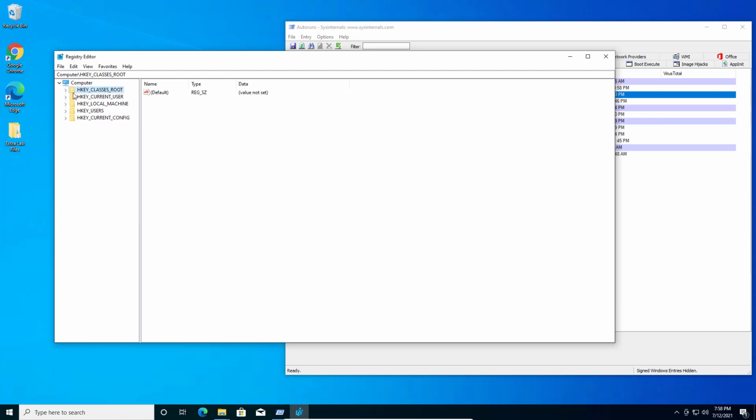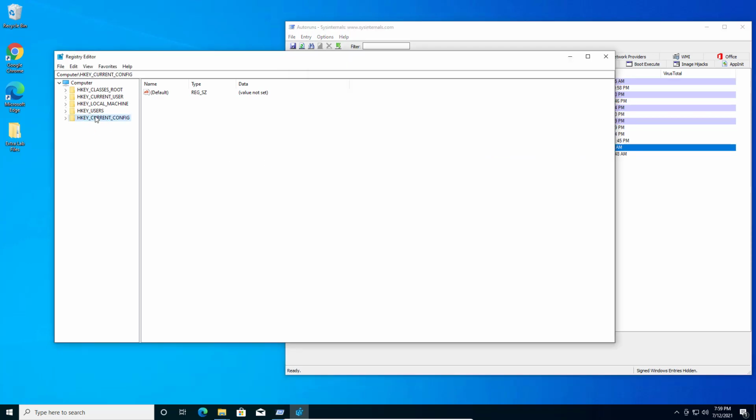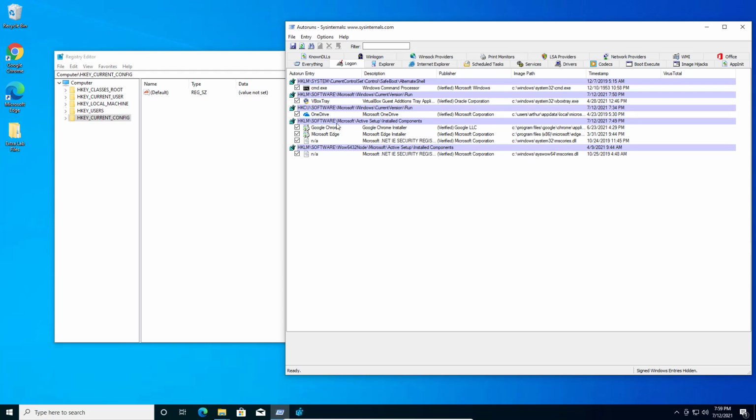HKey Class Root, so that would be HKCR, HKCU, HKLM, HKU. Okay, that's current user. That's LM, that's the local machine. And then that'll be HKCC. So we can actually navigate to,